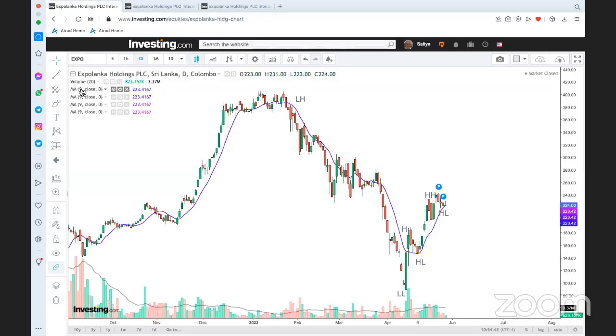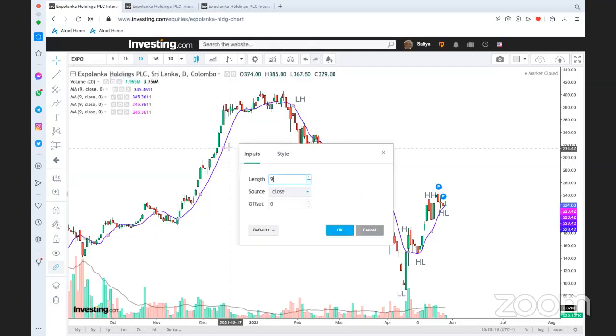Right? By default, it gives the 9-day moving average. It is actually called the 9 period because we are in the daily chart. We refer to the moving average of 9 as the 9-day moving average, right? So here we go to the settings or the format icon, change it to 20,